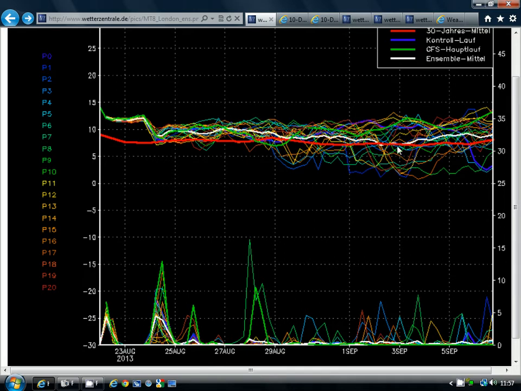There are signs that many members of the ensemble are going to be quite warm, but some do go quite cool, and of course you expect this as we go on through September. It is very much a cooling month. So even though we may start off quite warm for September, you would expect that at some point through the month the temperatures will become much more autumnal, and it's always different when that happens. Sometimes it happens very early in September, sometimes it doesn't happen till late on in September, but September is a month where usually there are exceptions.